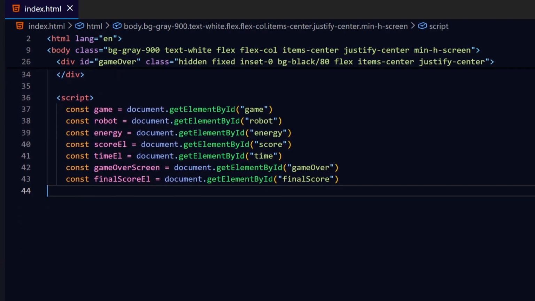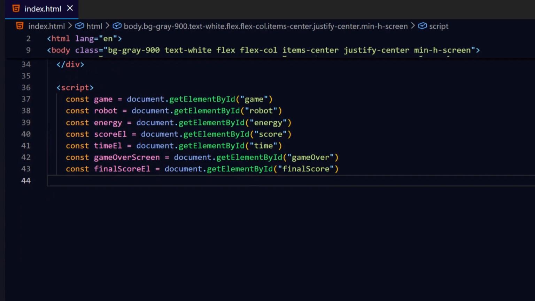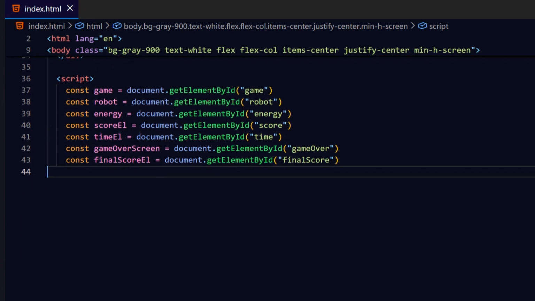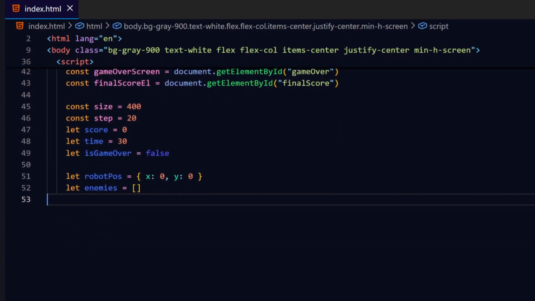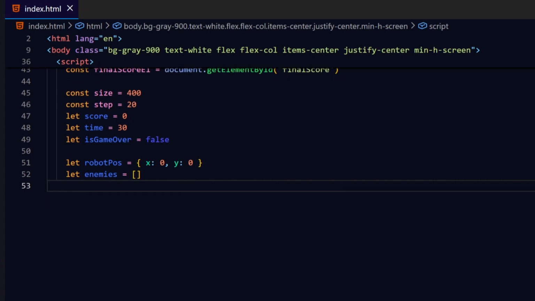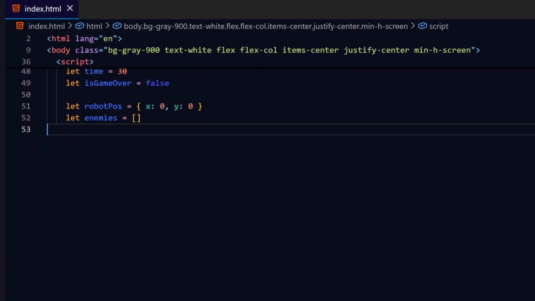In our script, we start by grabbing all our UI elements. This allows us to manipulate the robot's position and the score text dynamically. We set up our game rules. The grid is 400px, and every move, step, is 20px. We also create a robot POS object to track exactly where our little bot is on the screen at all